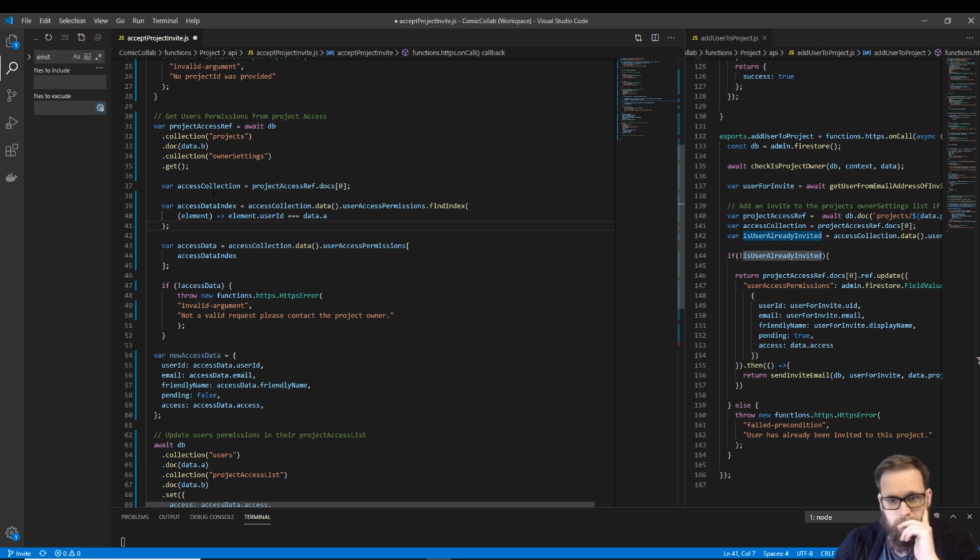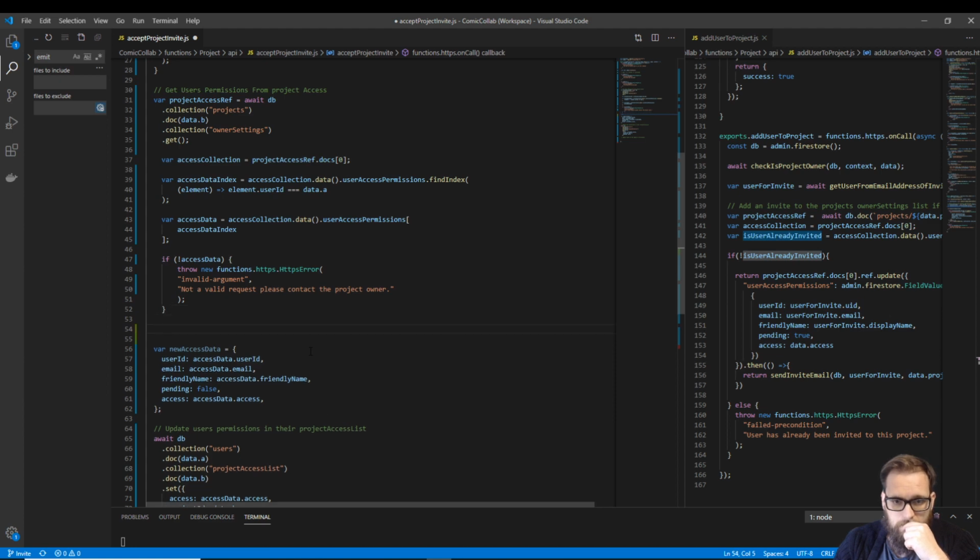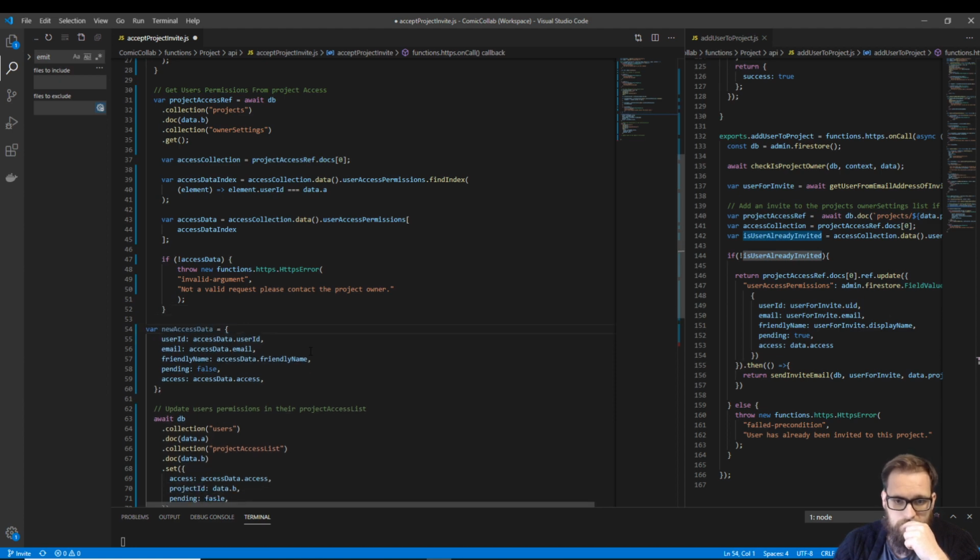So that obviously should. So that's got the index. Cool. And because we have the index, we could update that. So what we need to do is take this access index data,